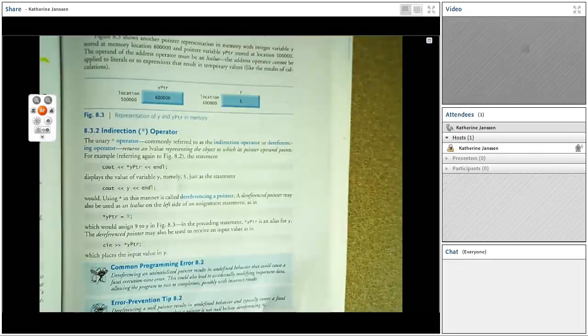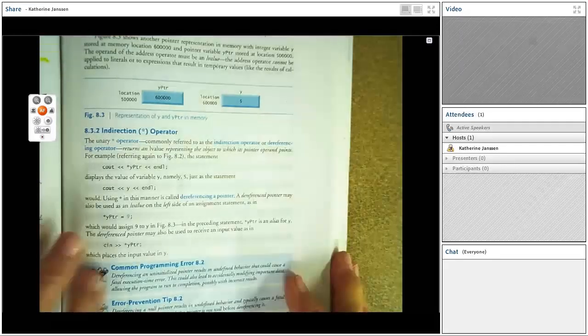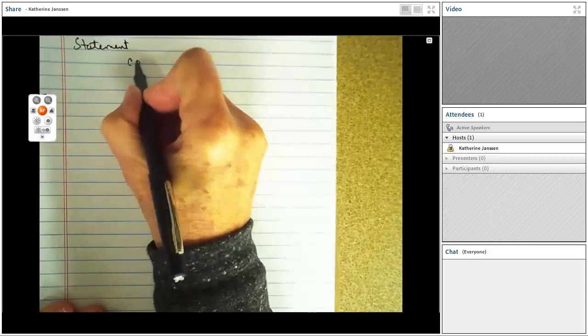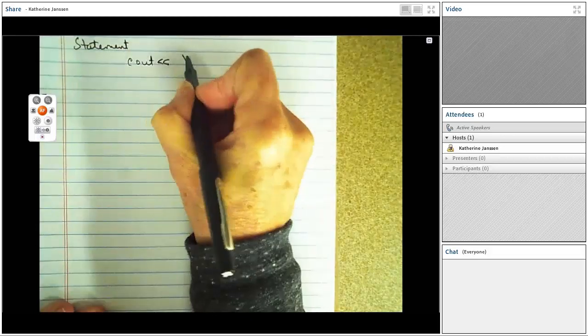The indirection operator allows us to dereference a pointer. The unary operator, the asterisk or star, returns an L value representing the object, might be an integer, might be a double, might be a class object, to which our pointer points. The asterisk again associates right to left. So a statement cout asterisk yPtr